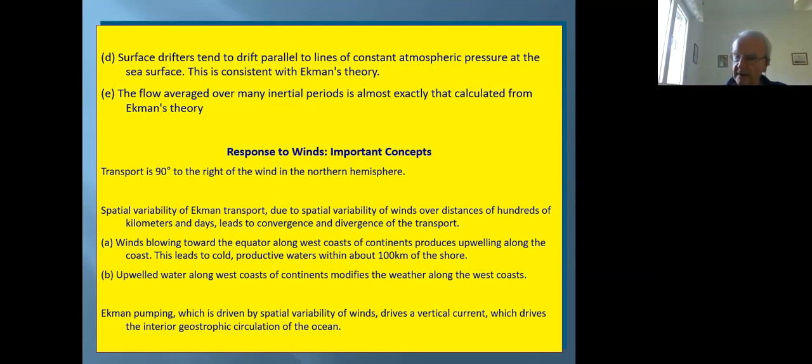At first sight, it will seem strange that the wind, which is blowing in one direction, generates the transport to the right-hand side with respect to its direction. But you will see later on from the equation where this comes from. The first empirical evidence of this fact, that the surface flow is 45 degrees with respect to the wind direction, was noticed in the polar areas. In the northern pole,